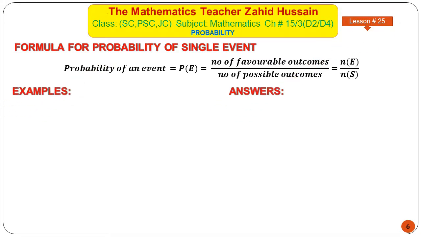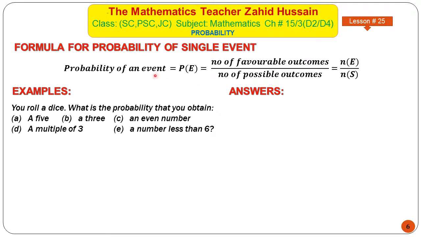Examples. Now, if you roll a dice, what is the probability that you obtain a 5, a 3, an even number, a multiple of 3, a number less than 6? So these are different parts of this question. We know that when we roll a die, we get 1, 2, 3, 4, 5, 6. So the total number of the sample space is